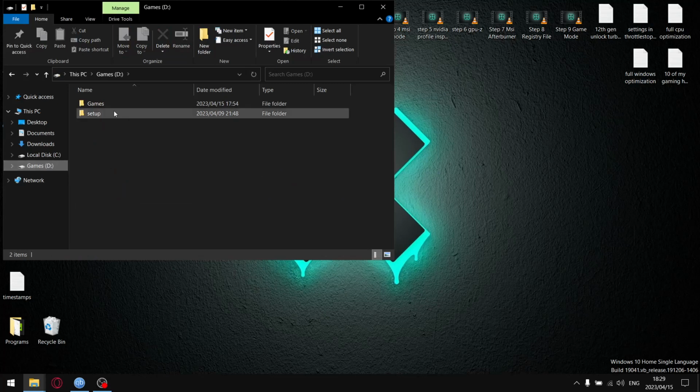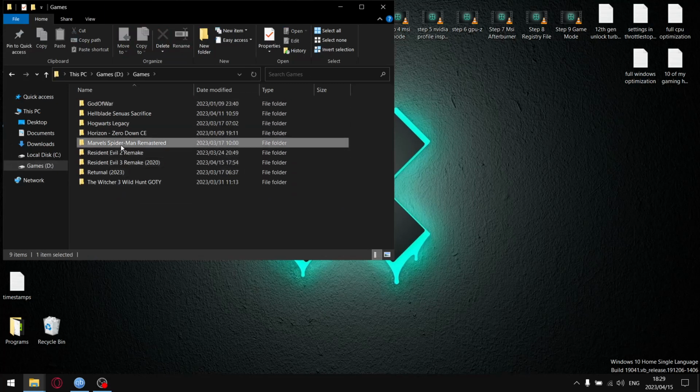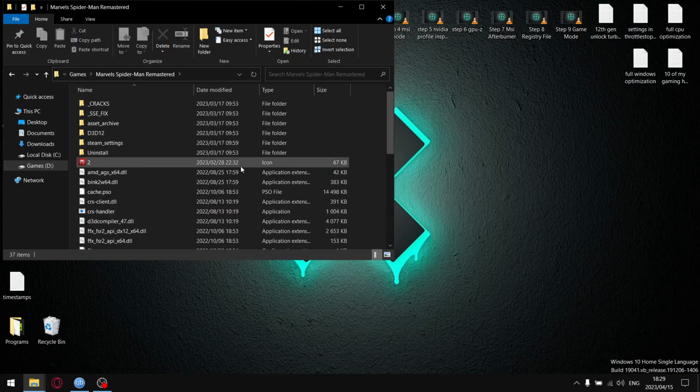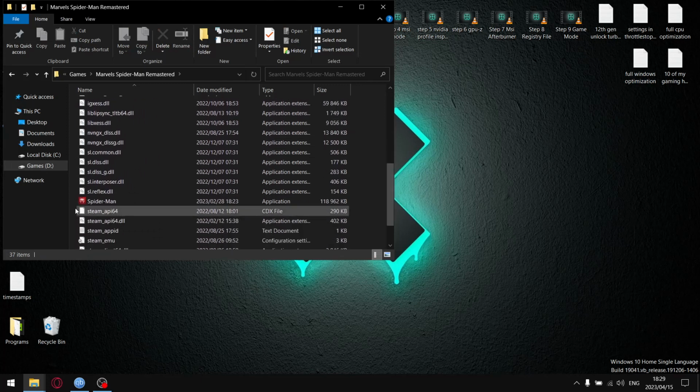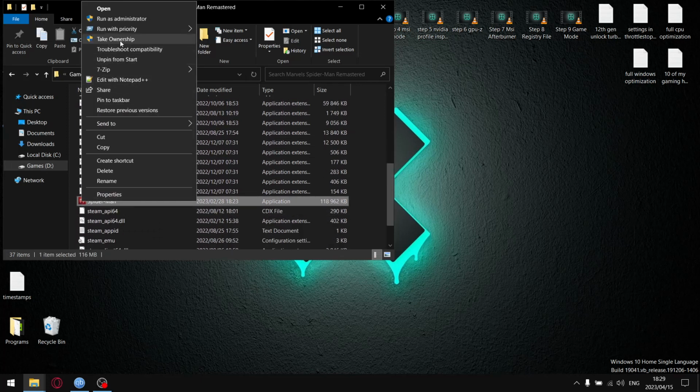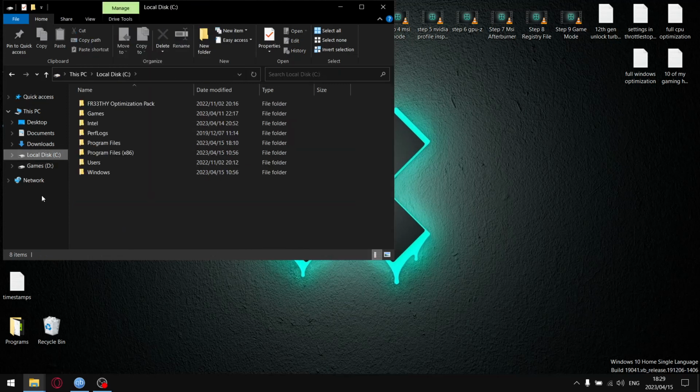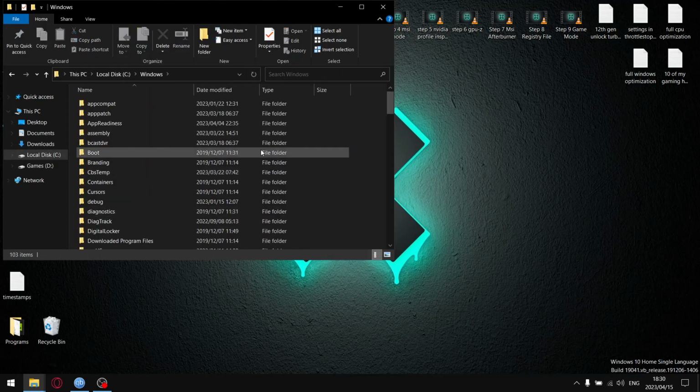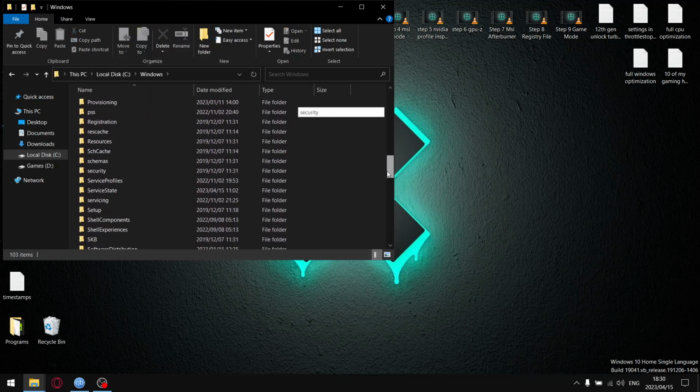So just to show you what run with priority looks like. Here we go. Let's just find the executable for Spider-Man. So now I just right click there and I say run with priority, low, below normal, normal, above normal, high, real time. Very cool. Right, for the take ownership, go to your C drive, go to Windows, and then find